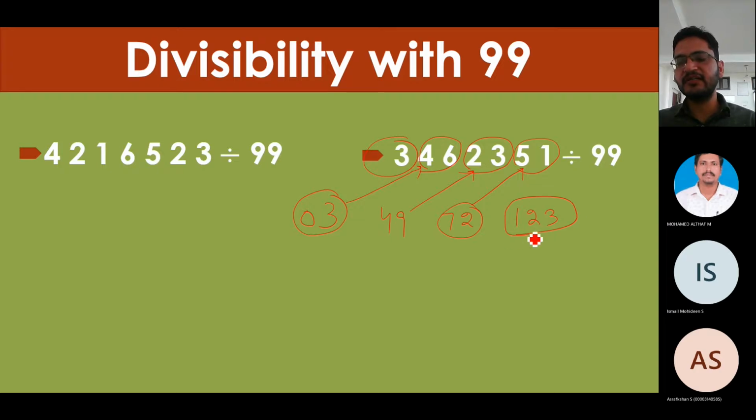Because this number is greater than 99, I will divide 123 by 99. The quotient will be 1 here. Now this one I will add to 123, so this will become 24. Now because we are dividing by 99, while applying the balancing rule, and it is a three-digit number, we take two digits as it is. 24, I will add this one to 72, it is 73. Next 49, 03. So this is the quotient and this is the remainder.